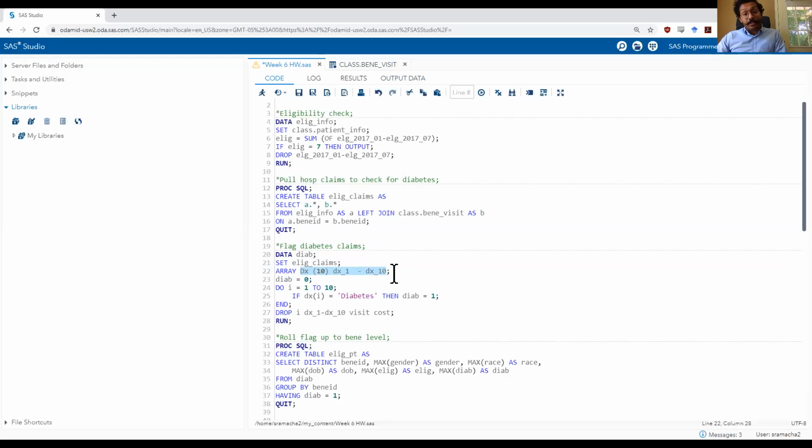So I'm going to write an array statement. I'm calling my array dx. There are 10 variables in my array, and those variables are called dx1 hyphen dx10. So it's all 10 of those variables from 1 through 10. I'm then setting a flag variable that I'm calling diab equals 0. And I'm going to change that flag variable to 1 if I identify that